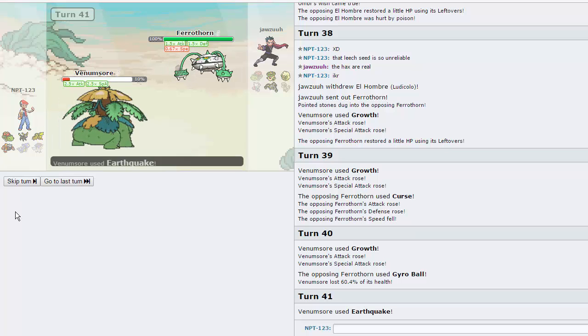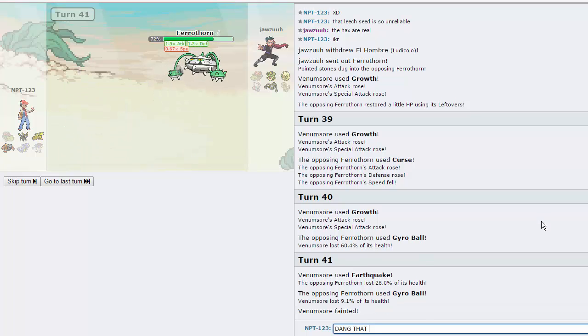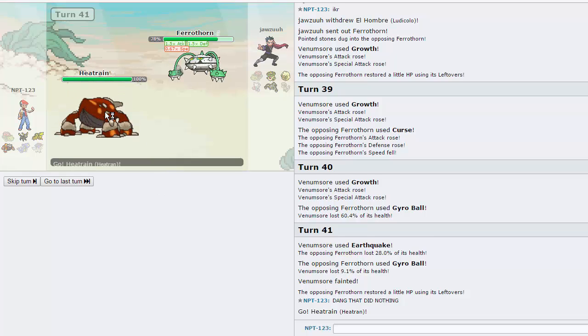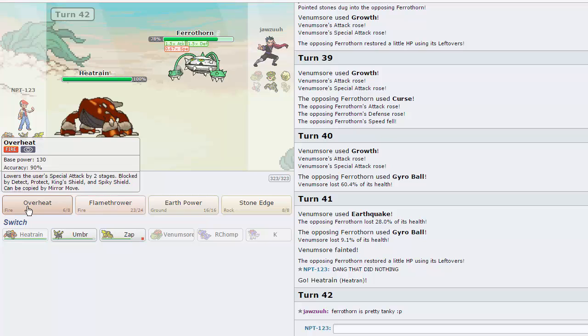Then I can bring in my Scarfed Heatran. Oh my gosh, that did nothing. That did nothing. But I do have my Scarfed Heatran, which is a special attacker, which means that Ferrothorn will not really be able to defend against it. It's probably max special defense, to be honest. But, you know, it's 4 times weak, and Heatran's decently strong. I mean, it's got almost 300 attack, so...